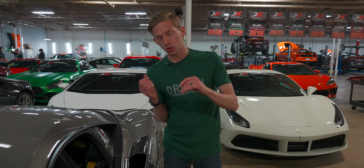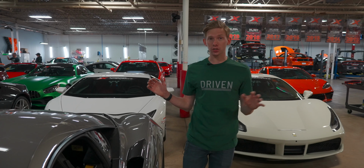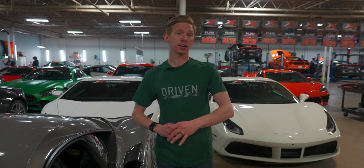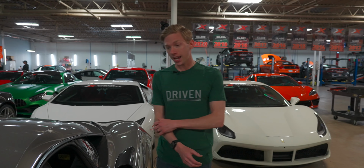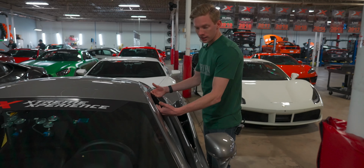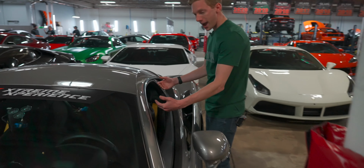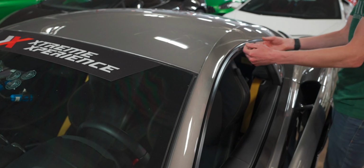Yeah, because you can feel it going, but there's a lot of resistance. Now, I didn't even try to turn that key. I didn't even try to turn the key because it offered such resistance. But if you do turn the key, I've been told the door will pop open. And if the window's up, which this one's not, you also have to carefully release the window glass from this